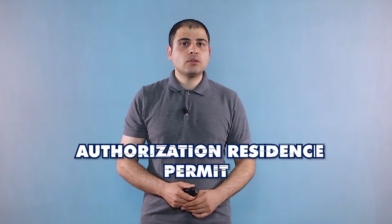Now let me tell you about the authorization residence permit. What the heck is that? As I told you, if you are from a non-EU country and got your degree from there, you must register to become a licensed doctor in Denmark. It's a long and tedious process and might take a few years. You must spend a lot of time in Denmark to complete the process. Danish officials have considered it and created a special residence permit that lets you stay in Denmark, complete the procedure